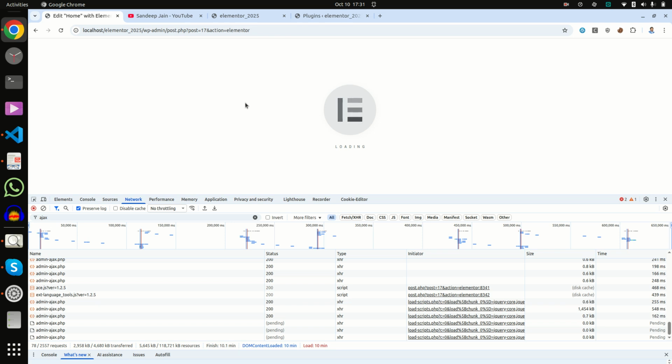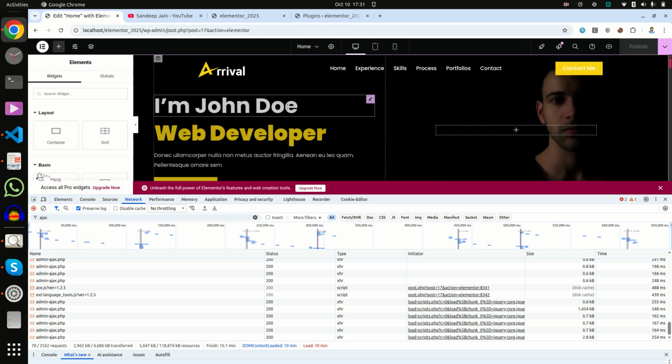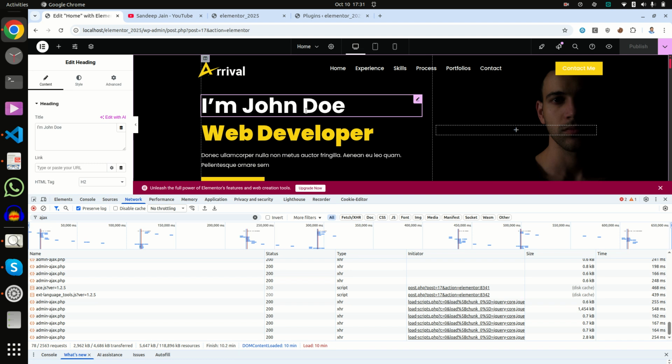And now I can update anything in the Elementor.